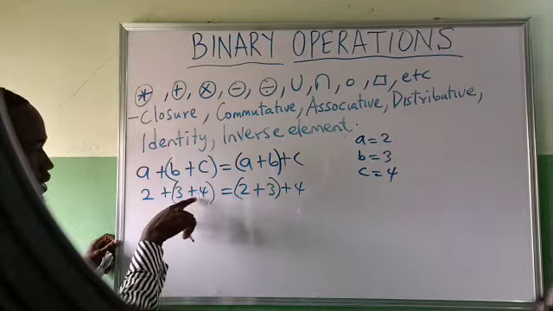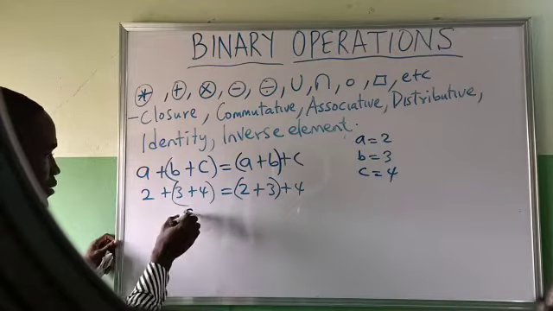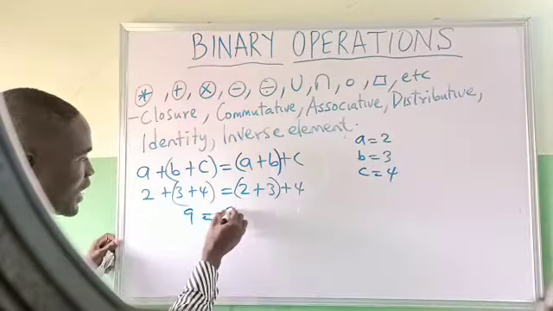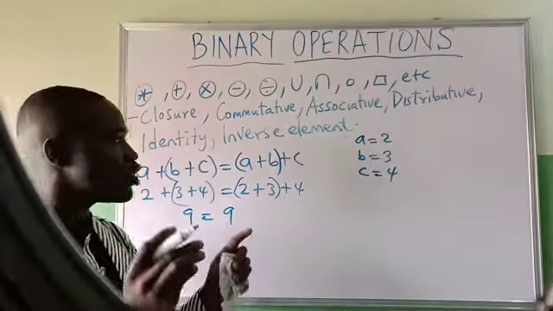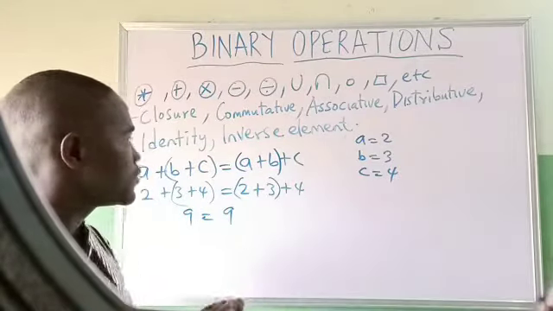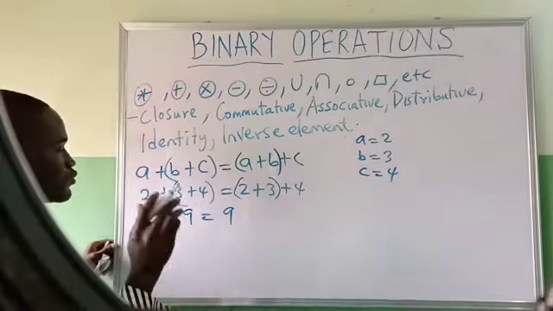Bracket, sort it first. 3 plus 4, 7. 7 plus 2, 9. 2 plus 4, 6. 3 plus 6, 9. You now see that addition of numbers is said to be what? Associative. It's also important to note that union of two sets